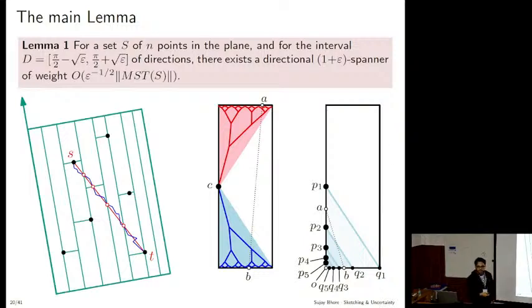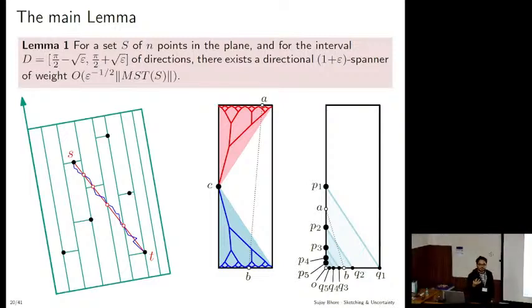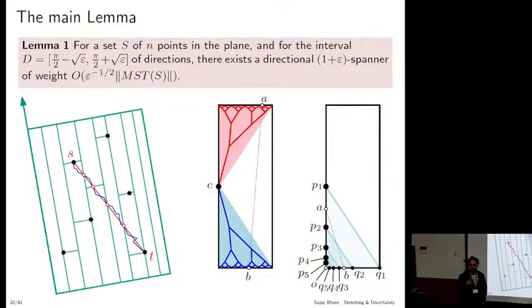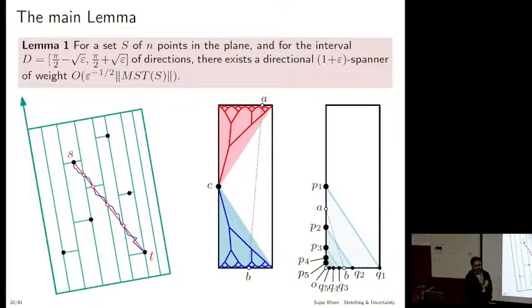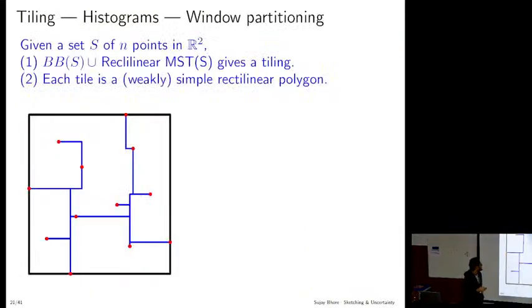So what do you do? You say, okay, let's pack a lot of shallow light trees. So we take a particular direction and we keep packing shallow light trees. But it will have a huge blow up in the weight. But like always, a geometric series comes to your rescue. So you can charge against the highest value over here. So even though you are packing many shallow light trees, it wouldn't really matter. That's okay. But then let's come back to the previous question.